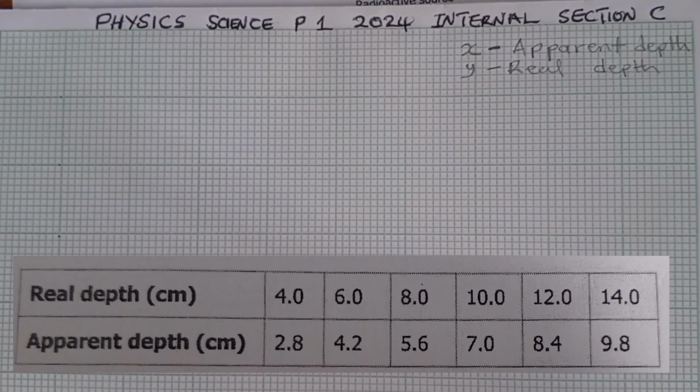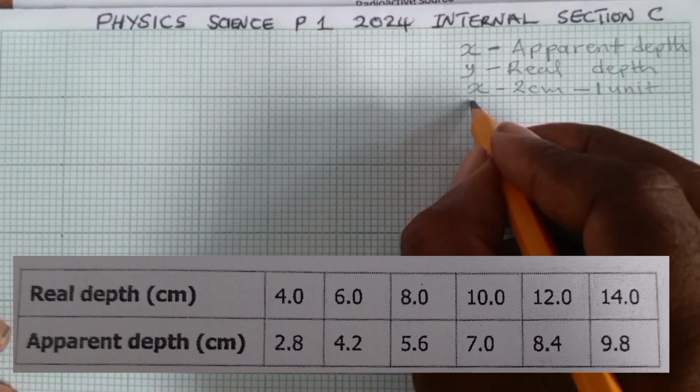When you identify the axes, you need to choose a suitable range. Let's start with the x-axis, which goes from 2.8 to 9.8. You can use 2 centimeters to 1 unit, there's no problem. For the y-axis,